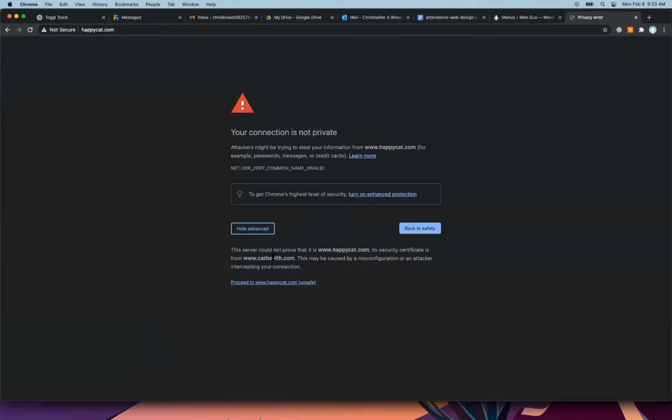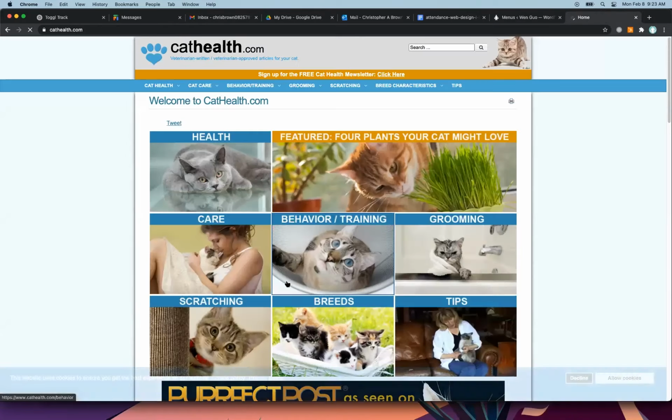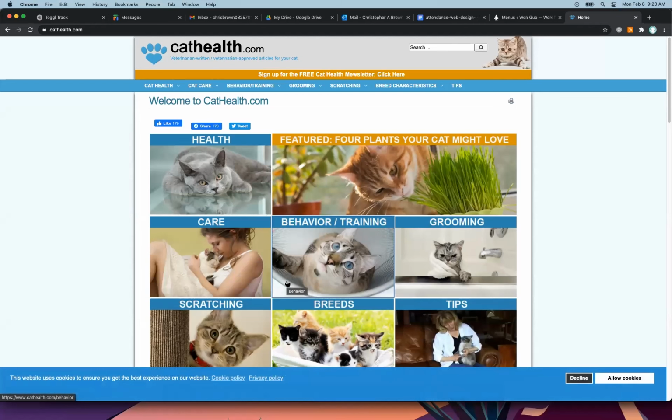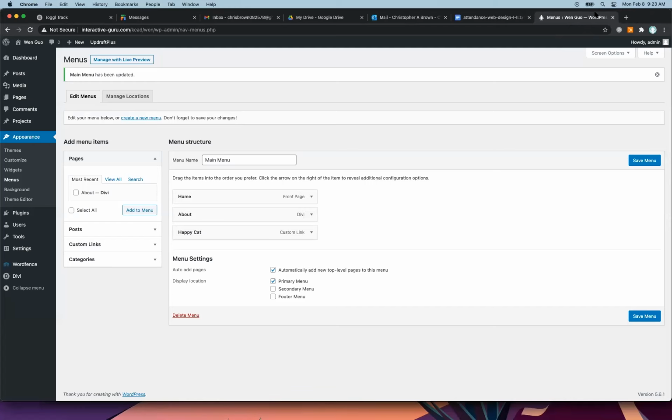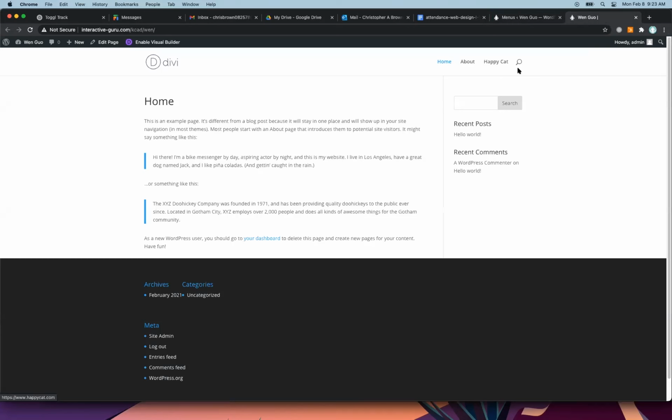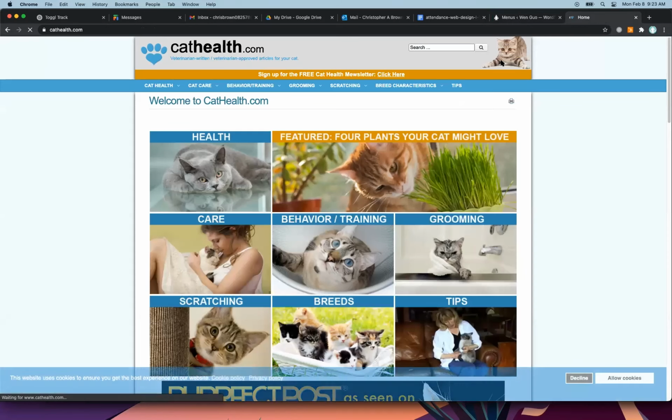And it's warning us because I didn't put HTTPS in there. We'll see what happycat.com is. Oh, look at that. Cathealth.com is where it goes to. Could have been much worse. Oops, I closed it. That's actually a good point, is when we link out to a different website, you almost